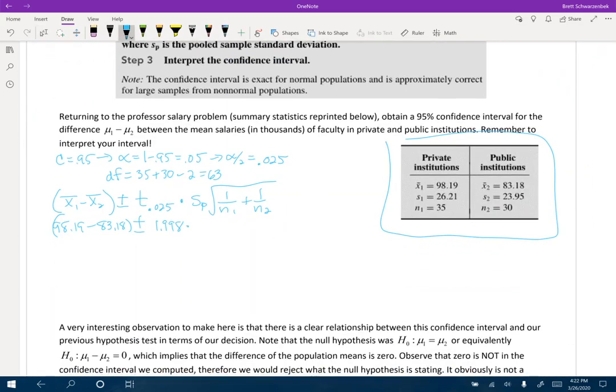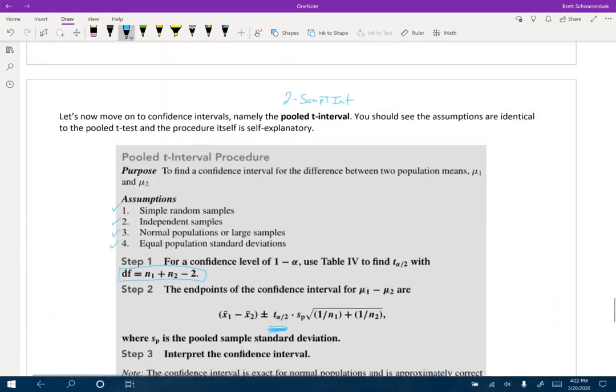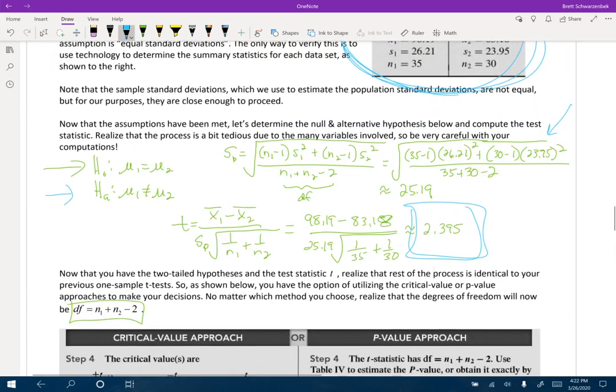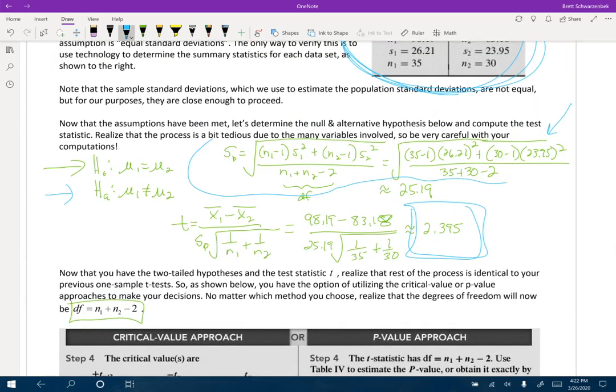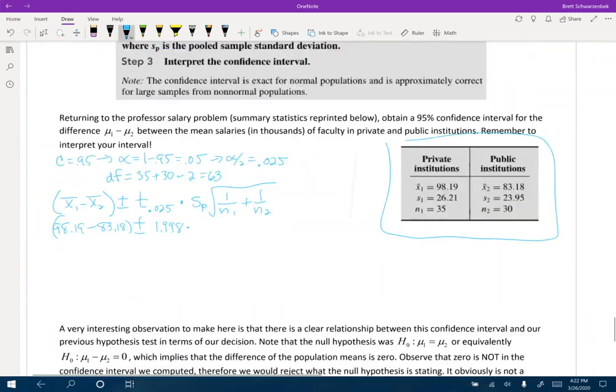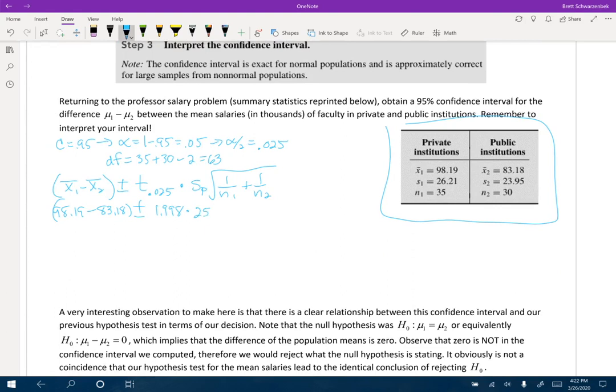S sub p, let's not do that again. So we calculated S sub p right here, right? This calculation, and we ended up with 25.19. You would have to do that out if it wasn't done, but 25.19, okay? And then the square root of 1 over the sum of 1 over 2 sample sizes. If we do that, we're going to get